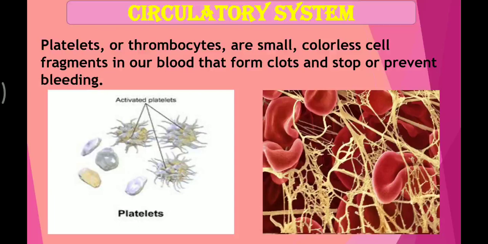If people don't have platelets, a small injury can cause death because of excessive blood flow. There is some disease where they don't have this capacity. Their platelets don't have the capacity to clot blood. That is called royal disease. When I meet you in class, I'll tell you in detail about it. So this is platelets. RBC, red color and carrying oxygen. WBC, fighting against infectious disease and foreign bodies, that is bacteria and virus, etc. Platelets are important for clotting of blood and stopping the bleeding.